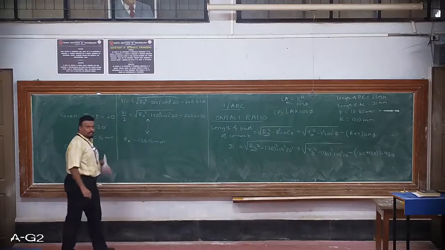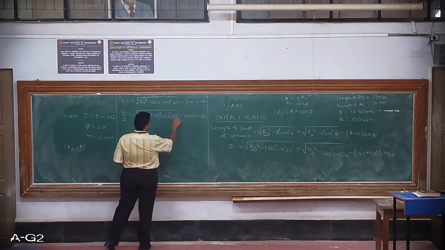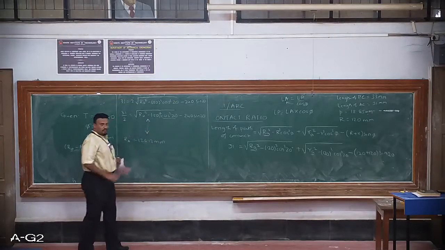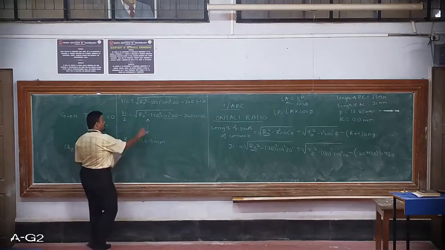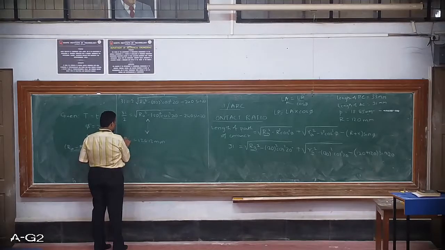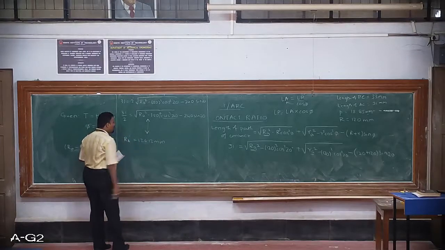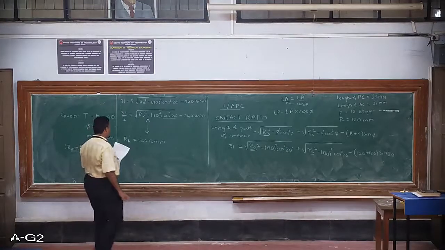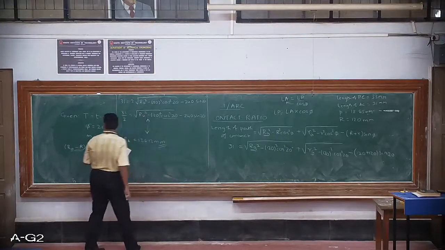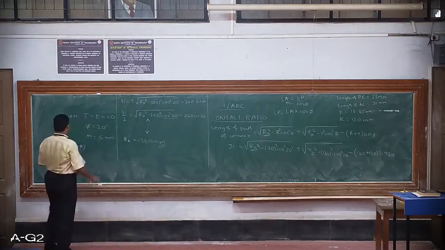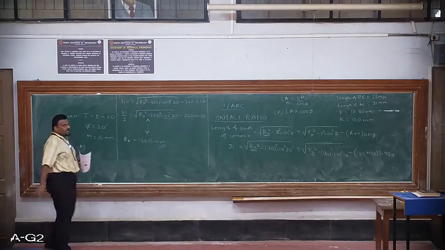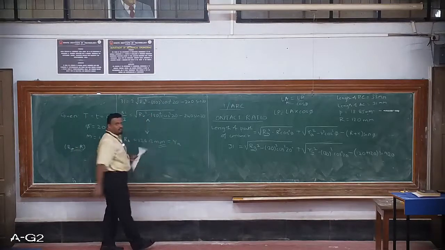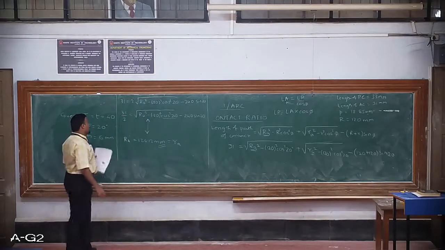It is very easy to simplify. You substitute the values for cos 20 and sin 20 in your calculator and you will get some value here, then the simplification will be easy. You complete the simplification, you will get RA equal to 126.12 mm, and that is what we require. It is nothing but the addendum circle radius. This is also equal to small ra because our gear and pinion are the same.